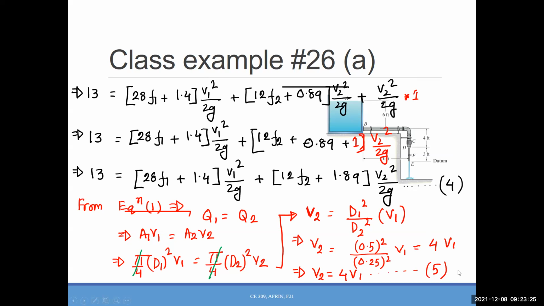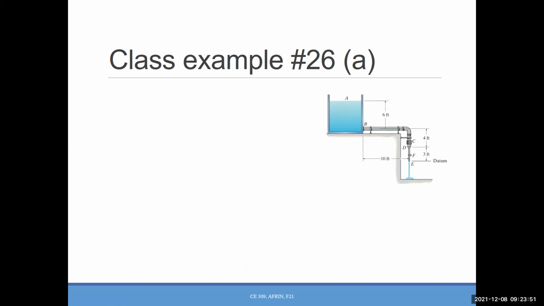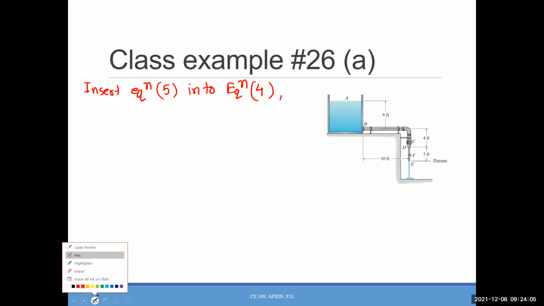Now what should be the next step? What was the reason to work on this part? So that we can reduce at least one variable, right? So what we will do now, instead of this V2, we will use 4 V1, so that finally we'll have just one unknown. Okay, so let's do that. Insert equation 5 into equation 4. Okay, so we had